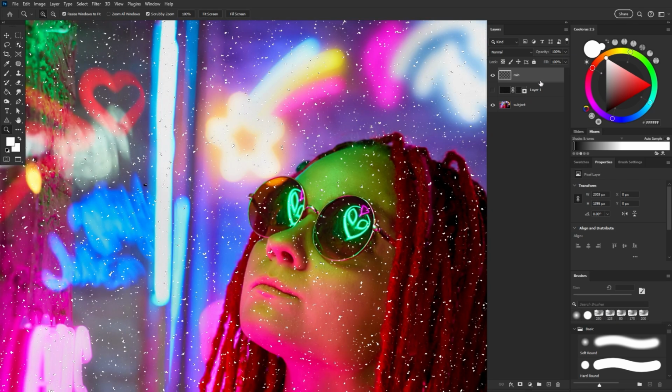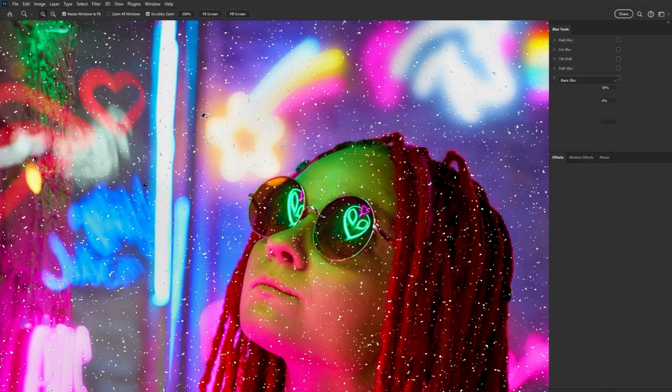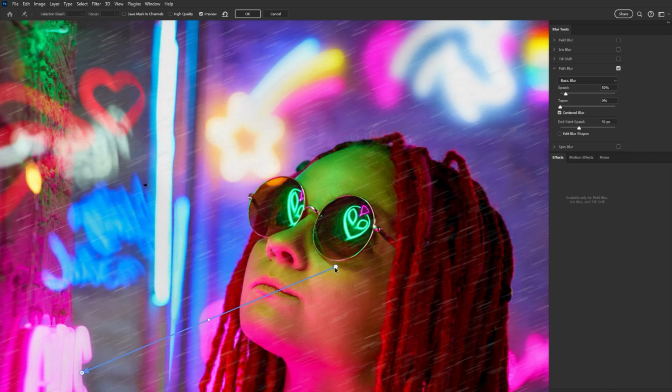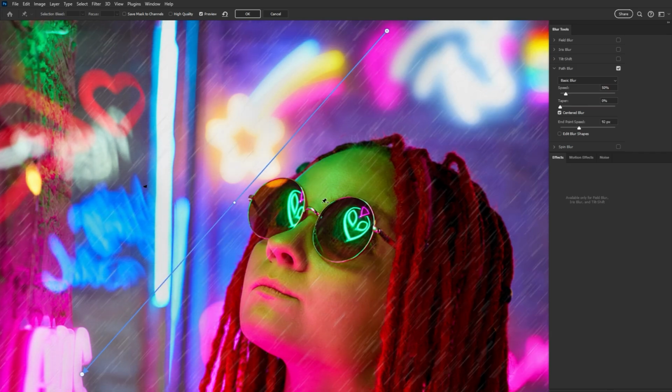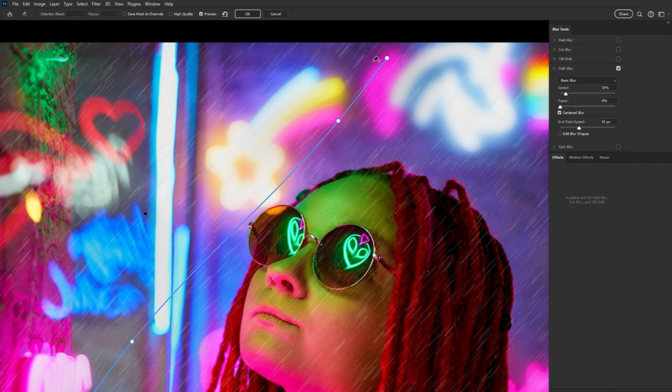And again, let's duplicate the layer twice, but hide 2 of the layers as we're going to be editing each one individually. So for this first layer, let's go to Filter, Blur Gallery, Path Blur. And we're going to stretch out the rain using this path control. And this is going to give us that initial motion blur effect. But then why use path blur and not motion blur? So by placing points on the path, and then pulling in different directions, we can actually create movement in the rain. You always want your rain to be going in more than one direction.